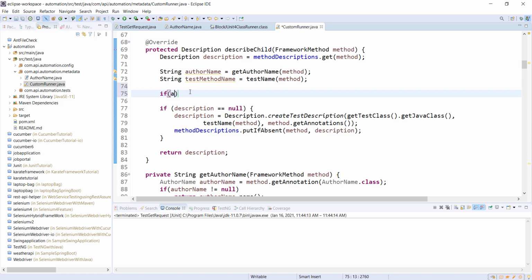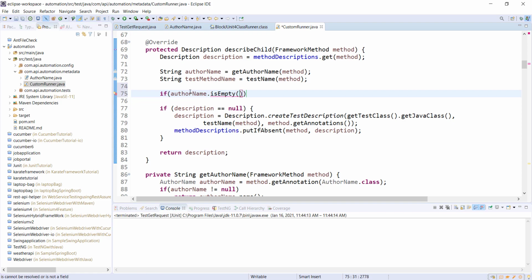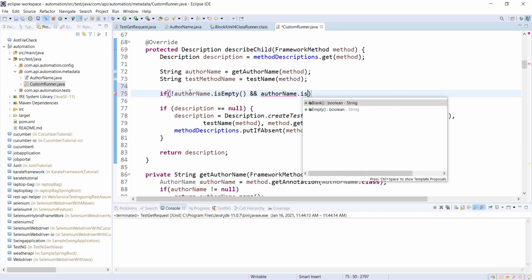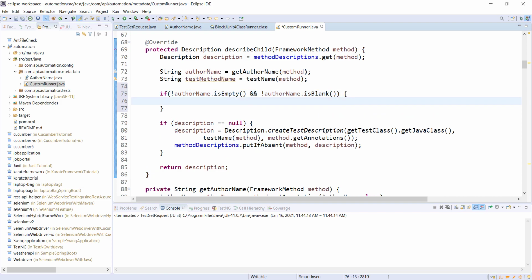So if author name is not empty and author name is not blank, then attach the author name to the test method name, and then use this variable, testMethodName, over here. So this is how we can get the information from the annotation and append it to the test method name.